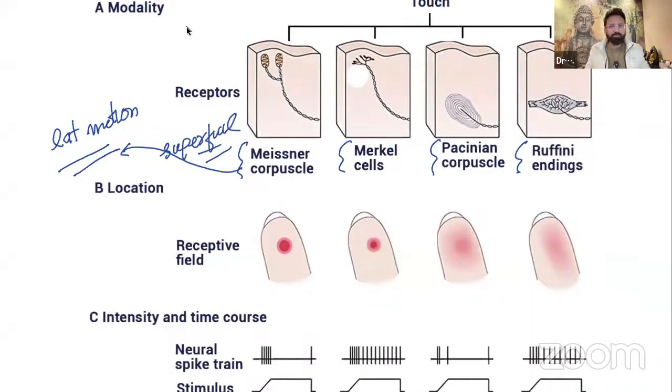You are there. So if you are sensing, suppose there is a cloth. If I am sensing this cloth, this is your cotton or polyester or whatever. If you are sensing during the lateral motion, which receptor will be involved? What is the answer? Meissner's corpuscle. So if you do the lateral motion, who will sense? Meissner's. And Merkel, if I put finger on this tip, so if you are sensing the edge, it is the